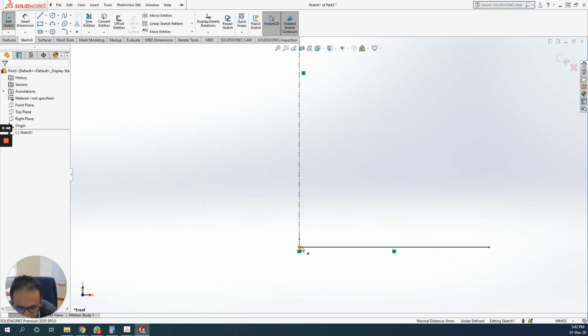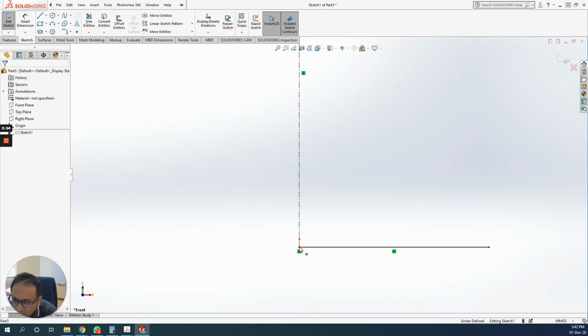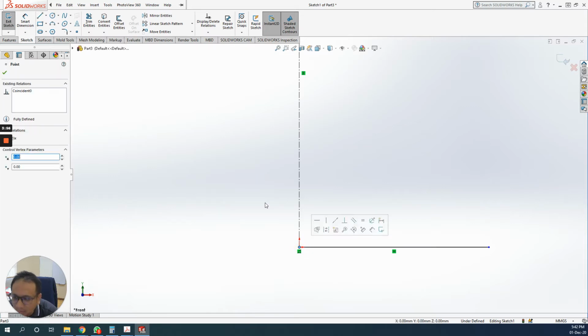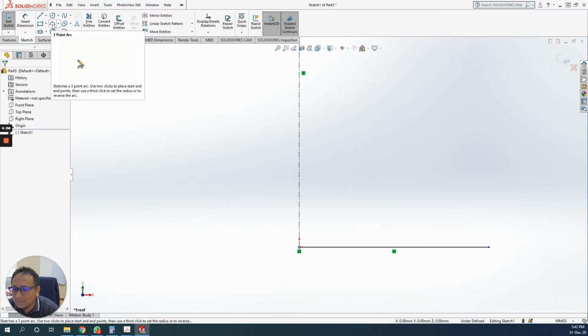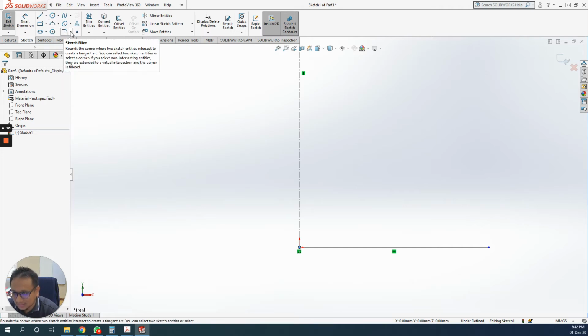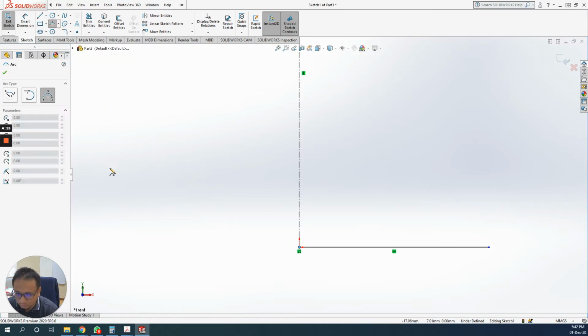Click on this point, click on coincident, and click on OK, so as not to make this line move. Next is to draw a radius of 5 mm. My preference is to have this rather than this. You need to draw in order for you to draw a 5